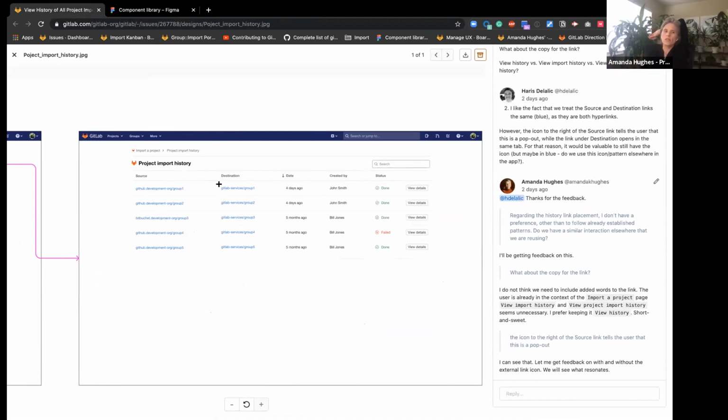The other thing is, Mike, I originally had the external link icon next to the source link, and Mike suggested taking them out because it looks really redundant to have all of those icons in a row. So I'm imagining that a Tanuki in front of the destination link might look a little redundant.